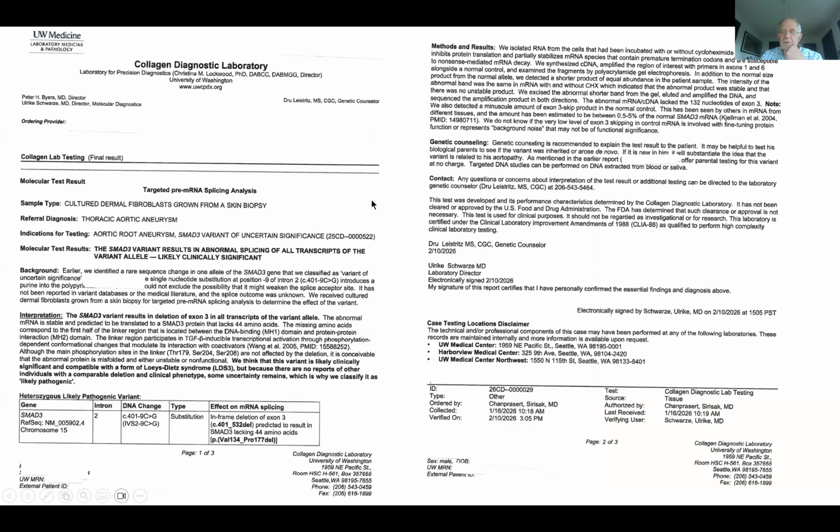So we come back to here, and this is a much more complex one where we actually had done additional sequences. But you can see here it's the SMAD3 gene. The mutation was in intron 2, C409 minus 9C to G. What's this minus 9 business doing in there? Well,